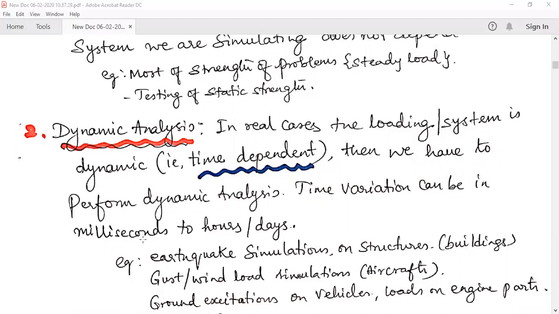Take for example, I'll give you a live example. You have seen the Bandra Worli Sea Link, okay? It connects two suburbs in Mumbai. It's one of the marvelous structures. You can see the amount of load acting on it. Structural loads, obviously static loads, it has to bear various kinds of loads. The cross sections are designed to bear the static loadings. We call it based on the static strength.